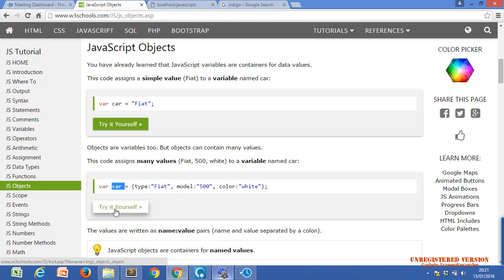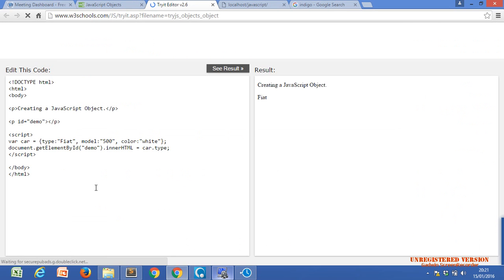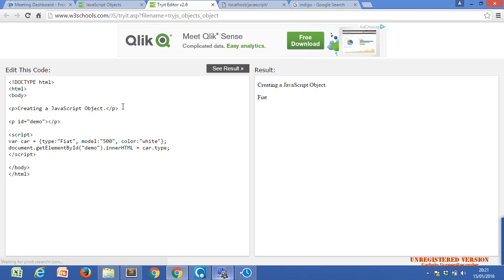Now, Kushi, you can also try it yourself. I already told you. Just click on Try it yourself, and you can change anything. Anything you change will be reflected on the right-hand side of the screen. Just click on see result. Now our string is cleared, we removed this JavaScript text and just see the result. We are getting only JavaScript objects. Whatever you code here will be reflected here.